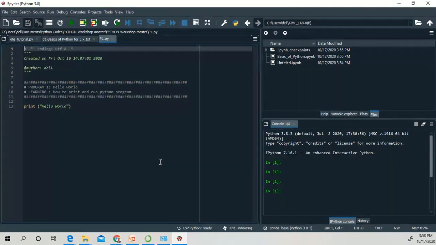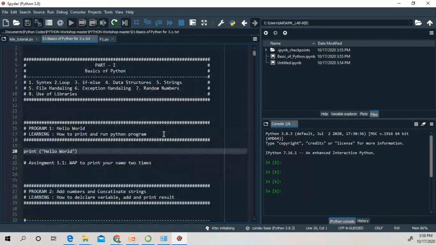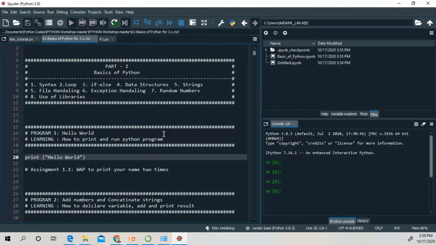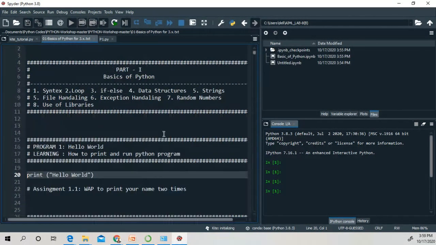Have you understood everything? Okay, so we will start our first programming assignments, or basics of our Python programming. From this file which I have shared earlier, you will find there are many programs which explain the basic concepts of Python programming.